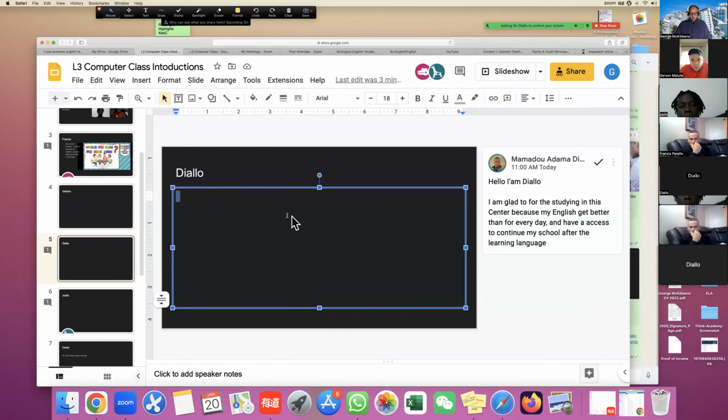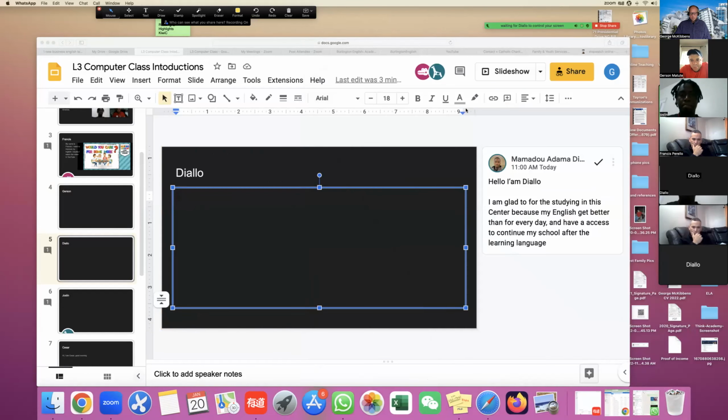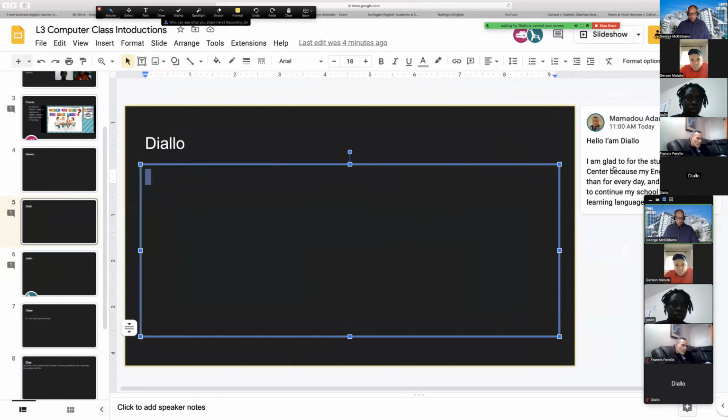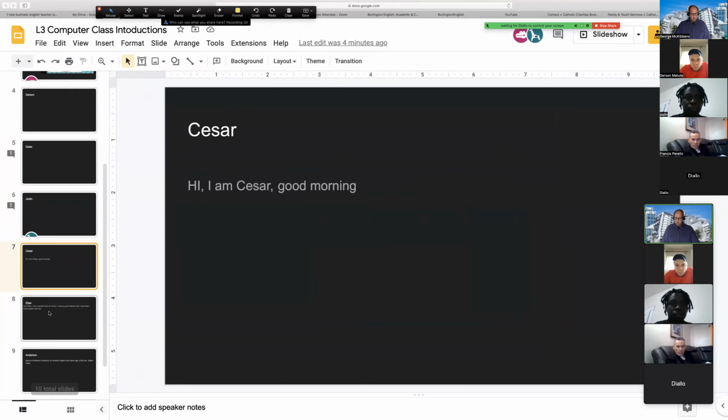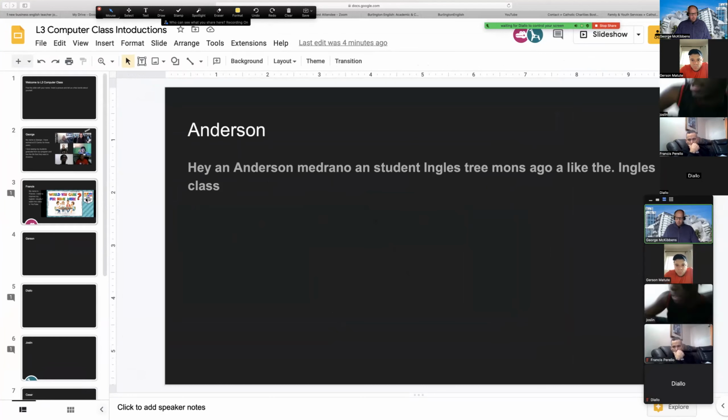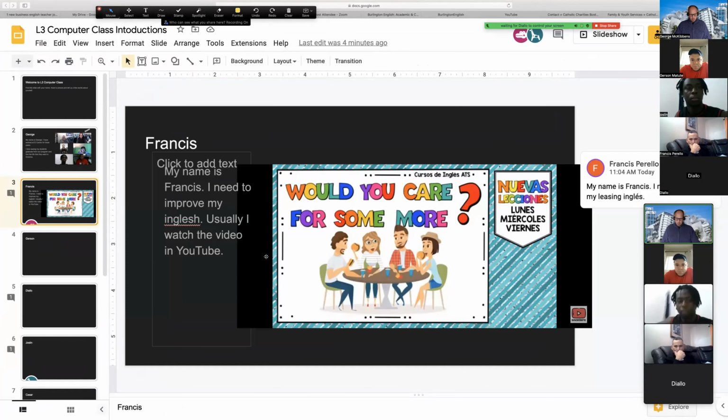Were you able to access the text box there? So I don't think Diallo has returned. So Diallo wrote in the side comments, but not exactly on the text box. That's a good start. Caesar's not here, Elias is not here, Anderson's not here. But Francis, looking good. This looks like a full page there.